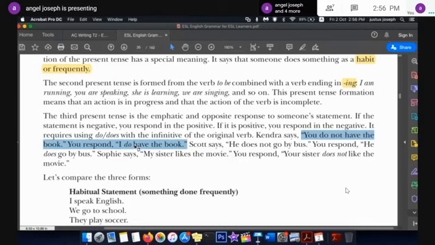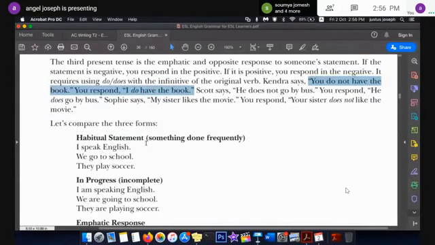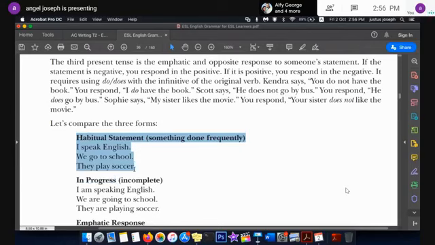All right, so let's look at these examples, and I hope with these examples things might be much more clear. Habitual statement, that is something done frequently. I speak English. It does not mean right now you are speaking English or today you spoke English. Some people teach simple present like that, that something that happened today you can call simple present. No, my dear, that's utterly wrong. Simple present is something that happens as a habit